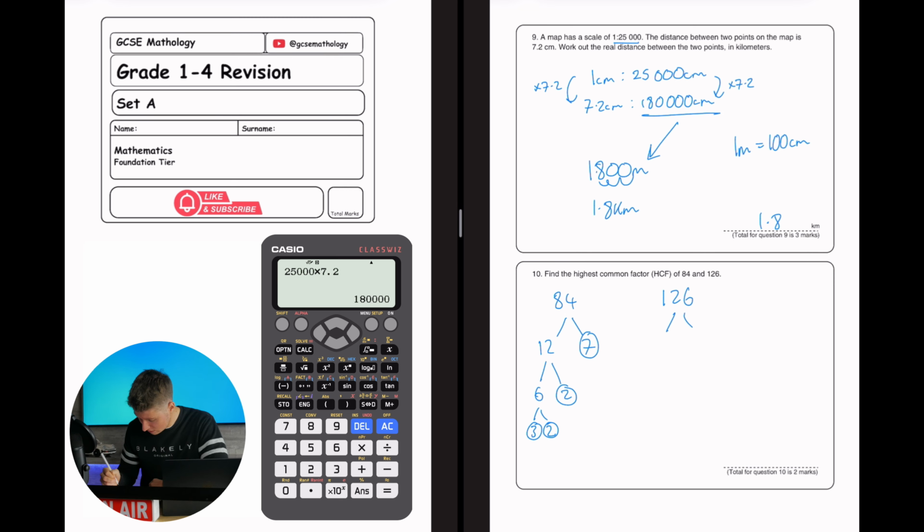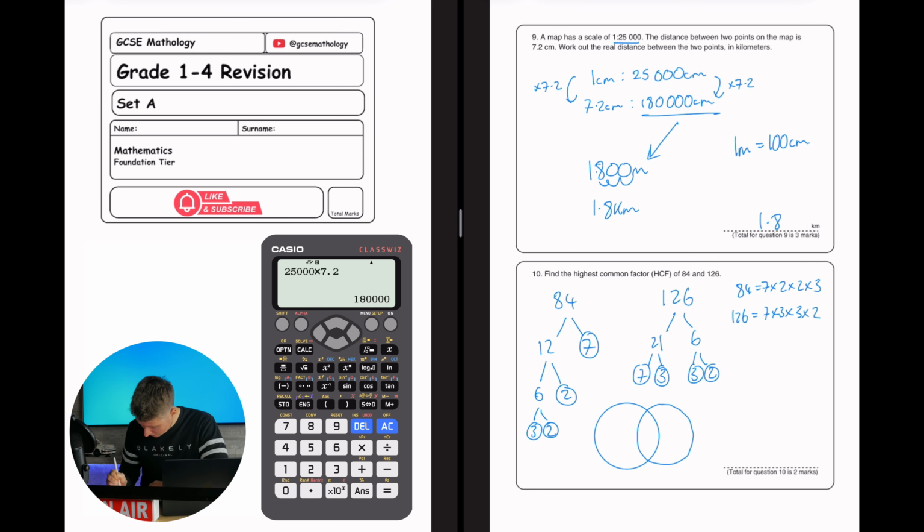126, if we split that off into 21 times 6, and then 6 goes off into 3 and 2, circle the 3 and 2, and the 21 gets split off into 7 and 3, circle those. So 84 is equal to 7 times 2 times 2 times 3, and 126 is equal to 7 times 3 times 3 times 2. So to find out what the highest common factor is, I like to draw a Venn